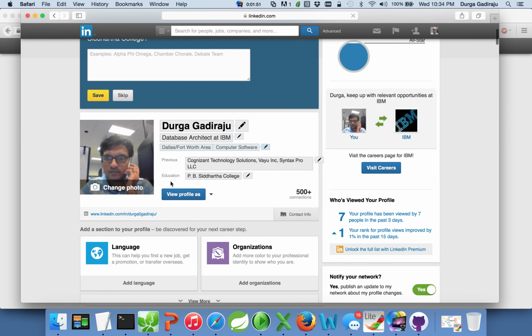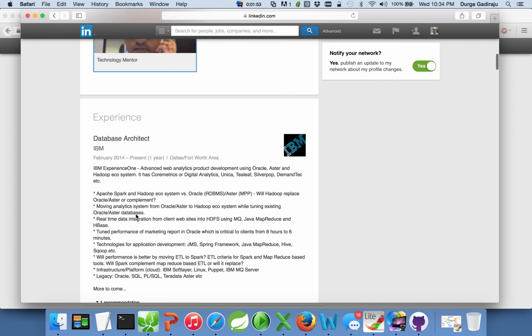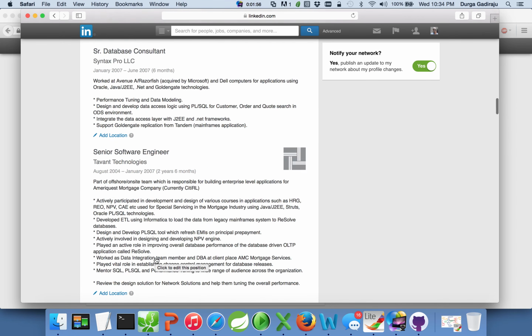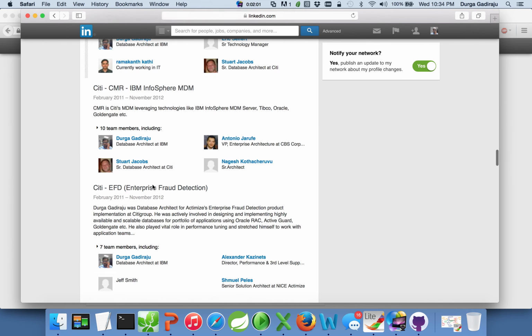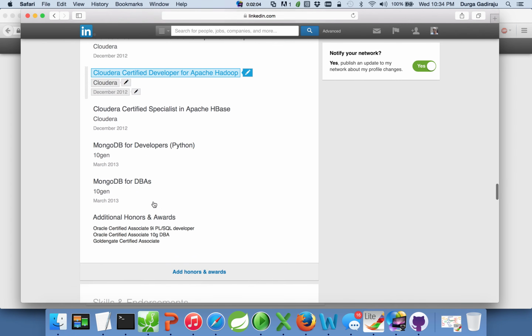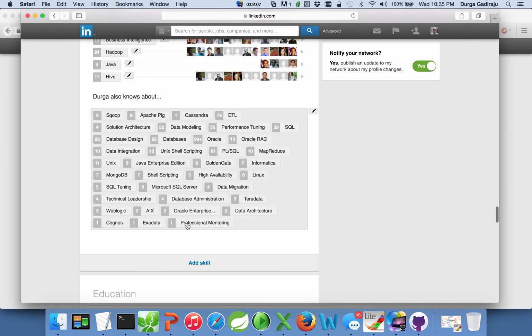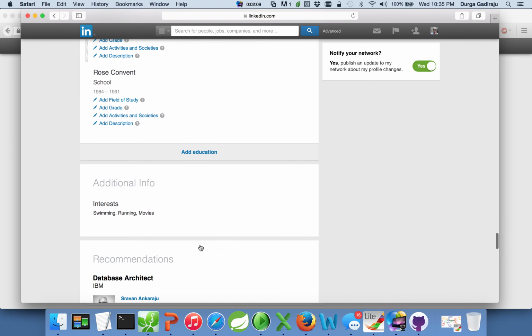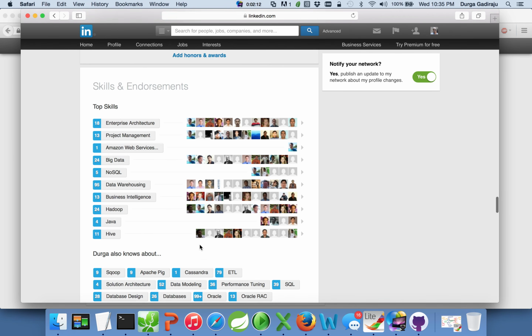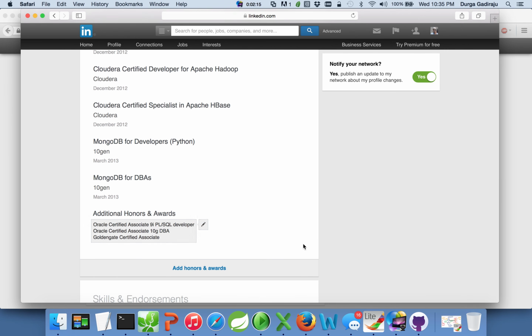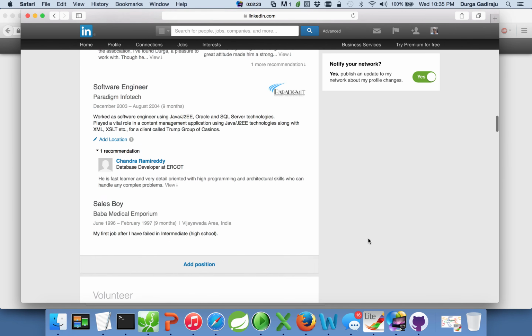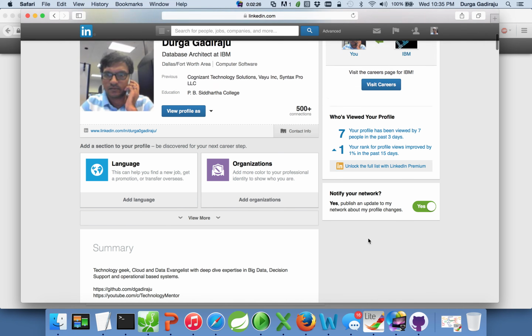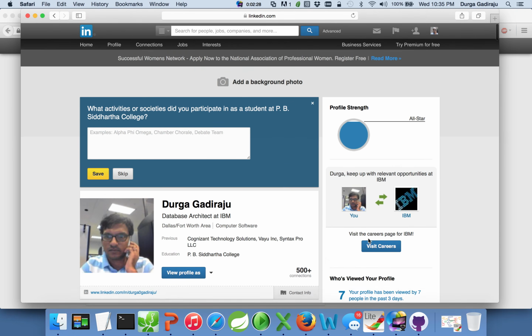You have your summary, your experience, and if you go towards the end, your projects, honors and awards, endorsements, and your educational background, and many more. So each one of these things can be considered as a different frame, and they might have implemented each frame using different sets of technologies. Okay, and also on the right side, if you click on jobs,